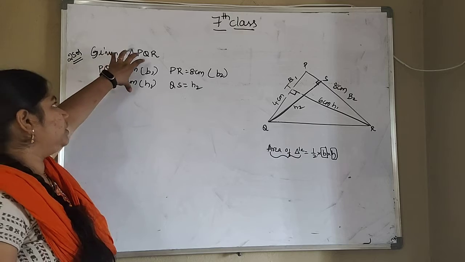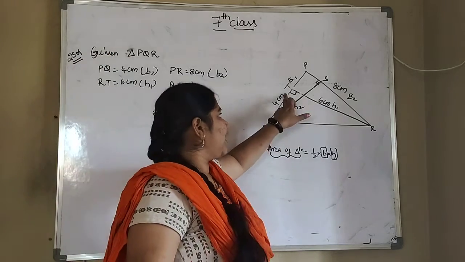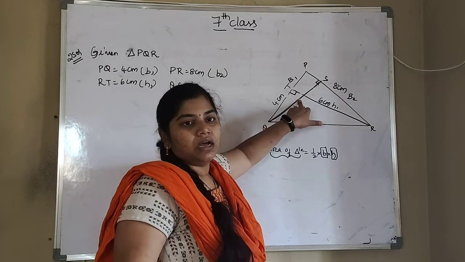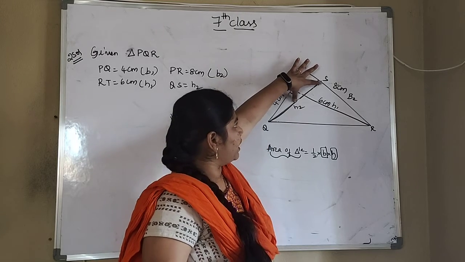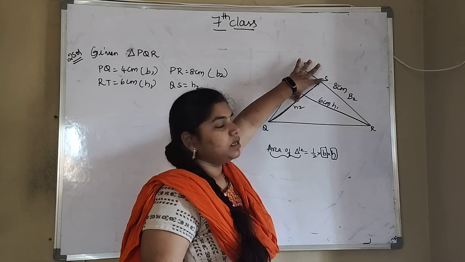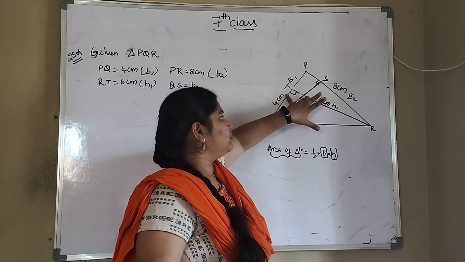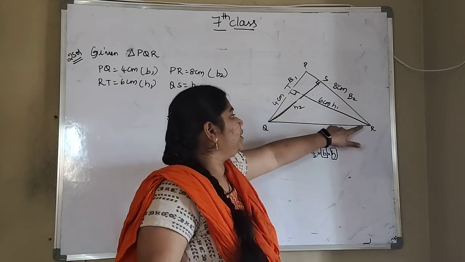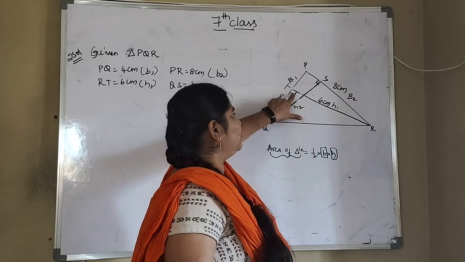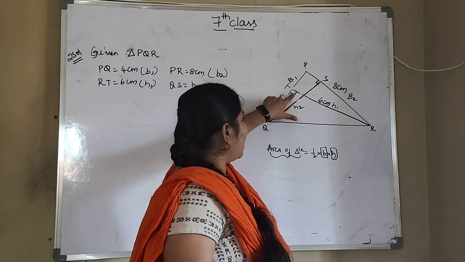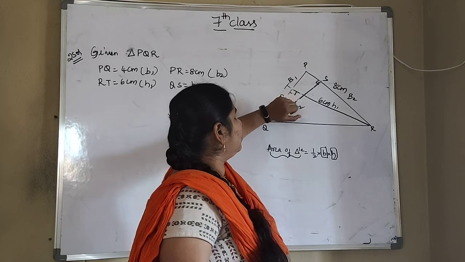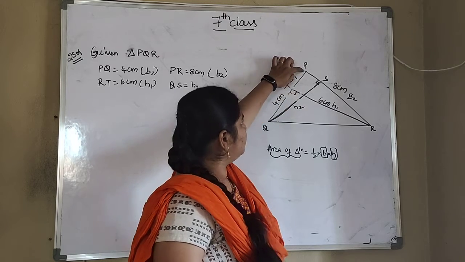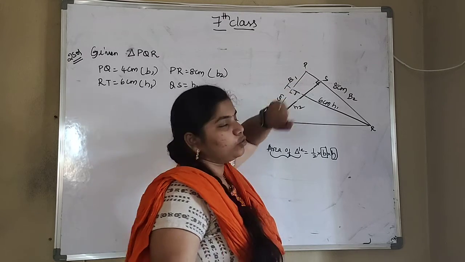So first I am using only this part. Only these two lines I am taking, because we don't know this height value, so I am not taking these two parts. First I am taking this height and this base, that is base 1 and height 1, where you are seeing the perpendicular line for this height. This is the perpendicular symbol, and this part is the base for this perpendicular symbol. That's why I am using only these two parts.